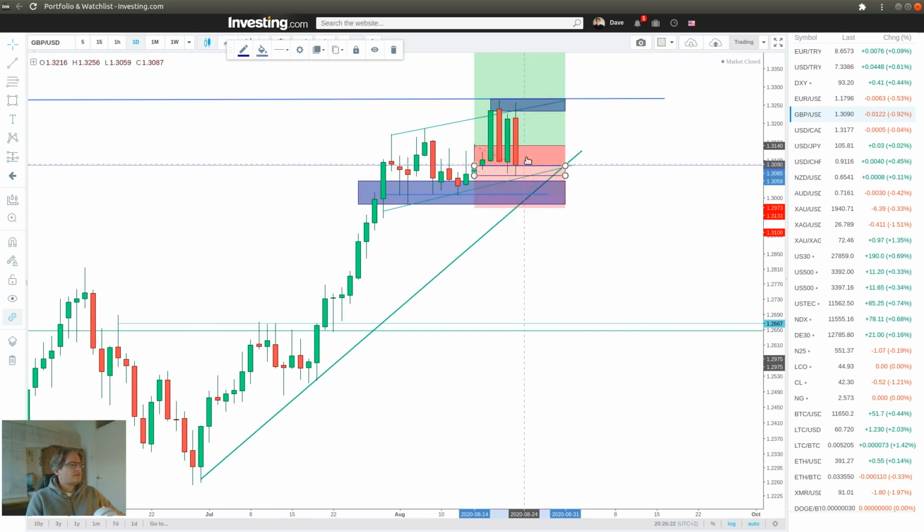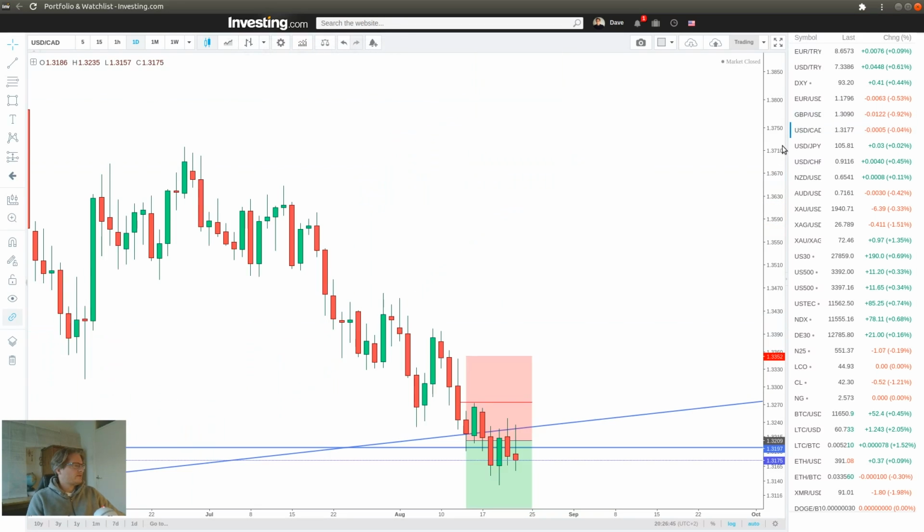Maybe I can get out at break even if the market trades up a little bit, but in any case I will at least move up my stop below these lows here, or maybe just get out at the market when the market opens, and then see if I can get a trade on to the downside.